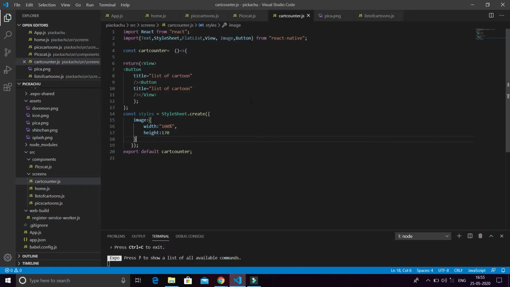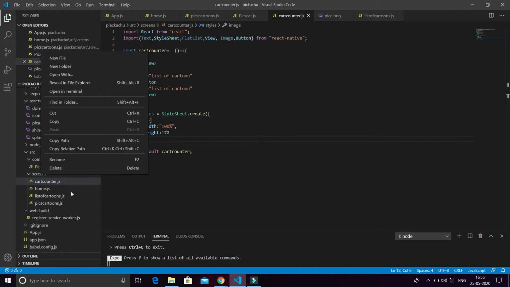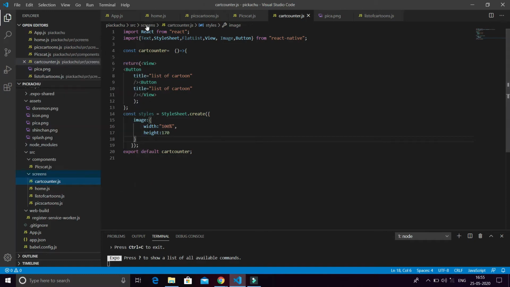So guys, there's a task for you. You have to build a new file in the screen folder just by clicking on new file and name it as card counter, and make a frame like this. In that frame you have to import React Native and all this which I already told you.